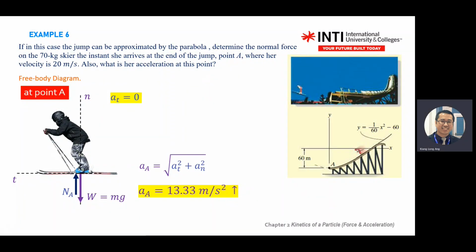Okay, previously we stopped at these slides. Today we learned something, not something new. Before this, all our axes were x and y, and when you see curvilinear motion, you split it into normal and tangent. So for today, we will